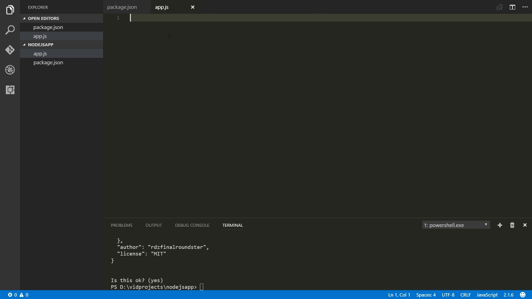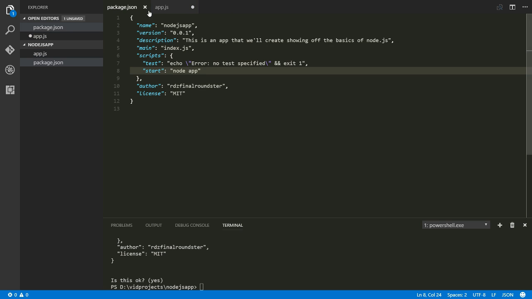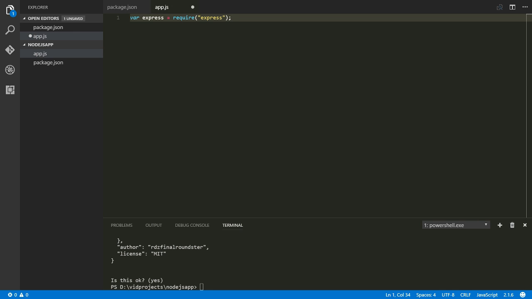So let's do the next thing. We're going to say var express is require express. Oh, wait a second, we forgot something very important. What we want to do here is import express, but in order to do that, we have to install express in our application. So what we're going to do here is use Node Package Manager again, so npm, and we're going to say